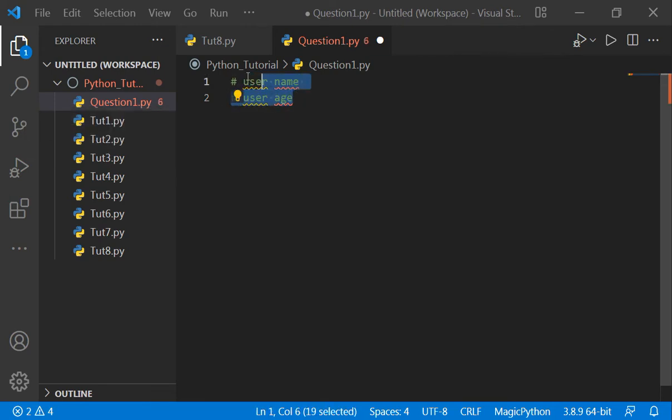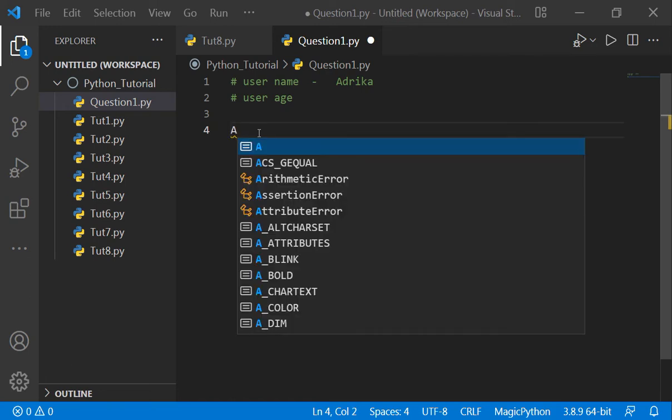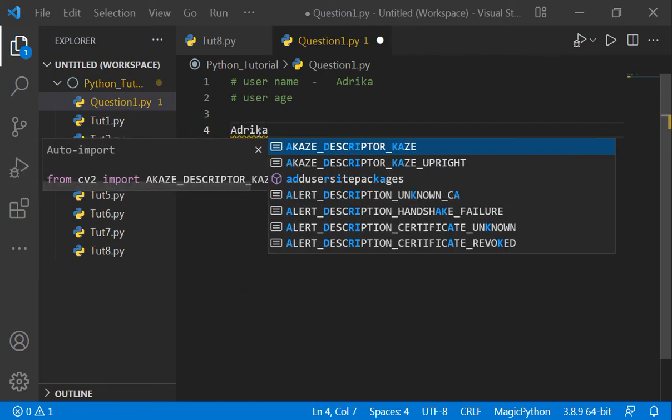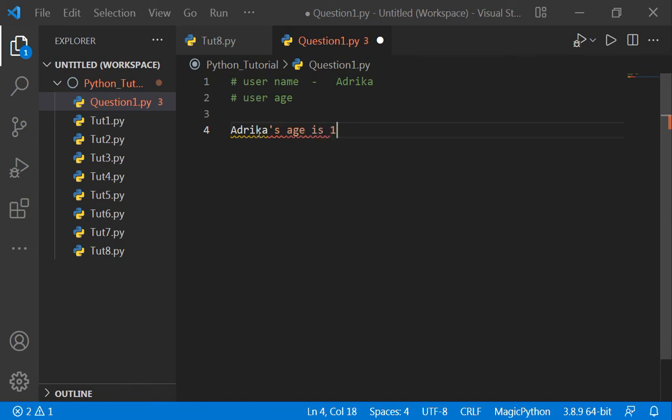Okay, and then what you have to do, you have to print like this. Suppose if I enter the username to be Adrika. Okay, suppose I print Adrika in the username, so it should print like this: Adrika's age is 13. Okay, suppose I give age to be 13. Okay, now it should print like this: Adrika's age is 13, and in next line it should print